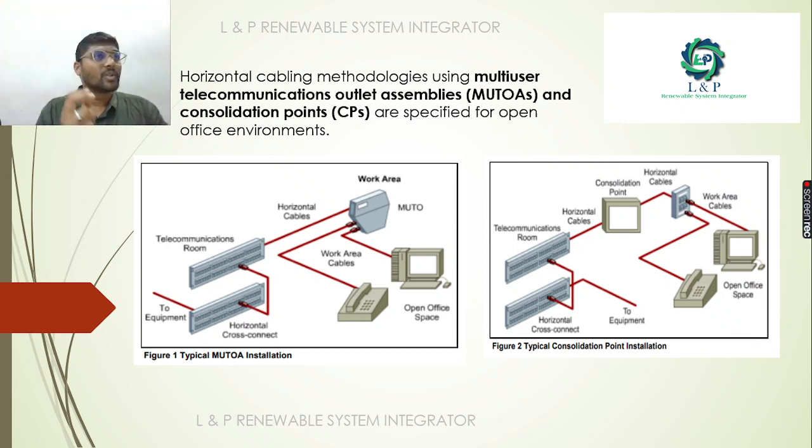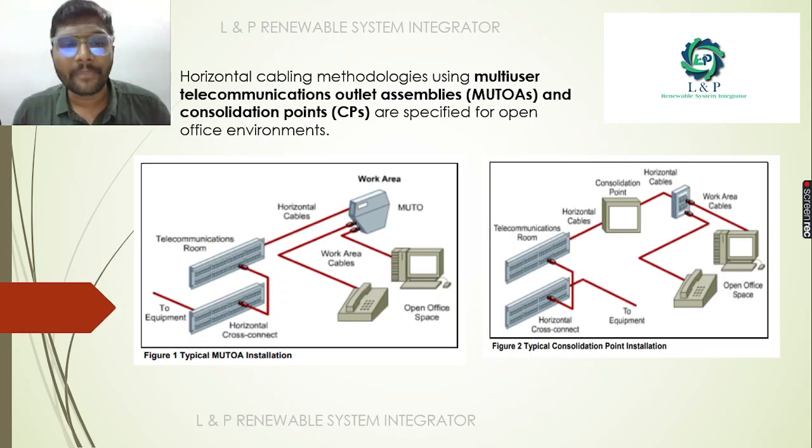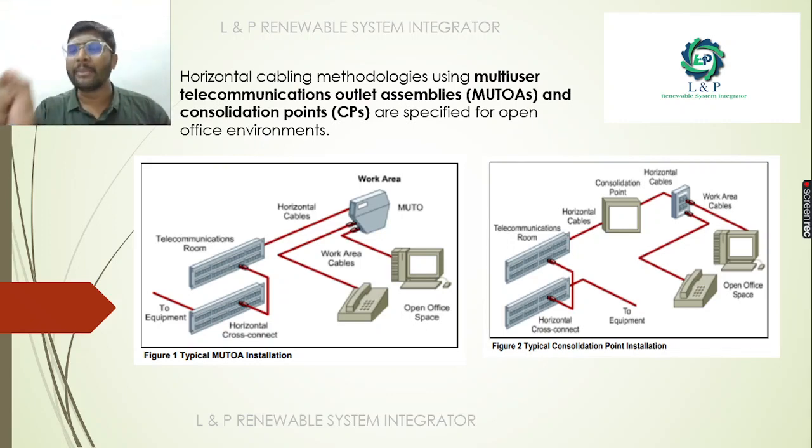And then, as I told earlier in our discussions, we will be trying to learn about the different methodologies of horizontal cabling. In horizontal cabling, we have two different methods. One is the multi-user telecommunication outlet assemblies, that is MUTO. Okay, multi-user telecommunication outlet assemblies. So this is how it looks. If you are planning a horizontal cabling methodology, this is the first method you can follow. And the second method is